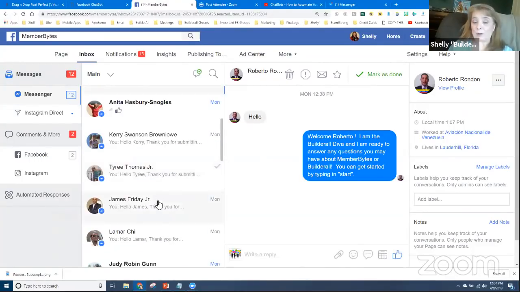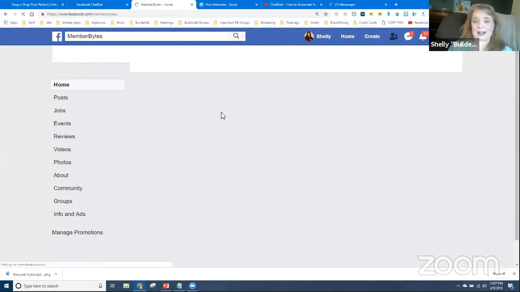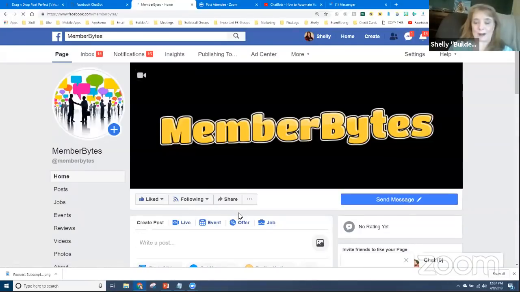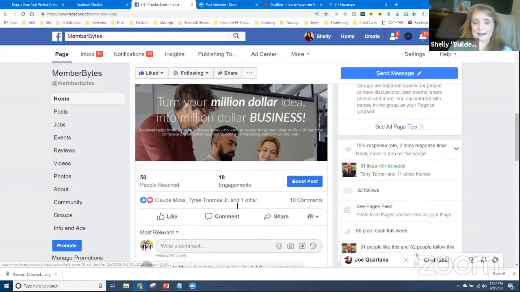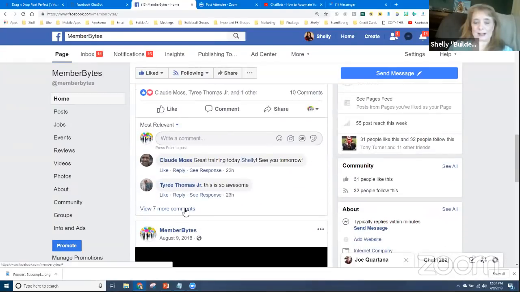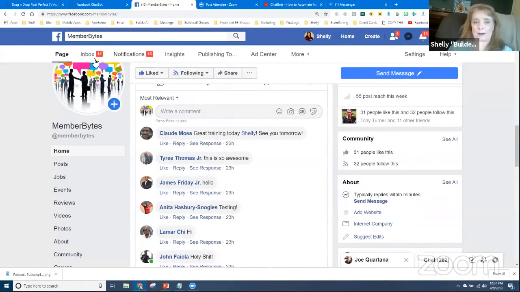So it's actually really cool the way this works, and you can see exactly what you responded to them with, and keep track of your responses right on that message. So let me go back, and it's showing 7 more comments. You can see each one has a response right there, and I could go into each one and see how they responded, if they responded to my automated message. Okay, and they all show up on my inbox and notifications.